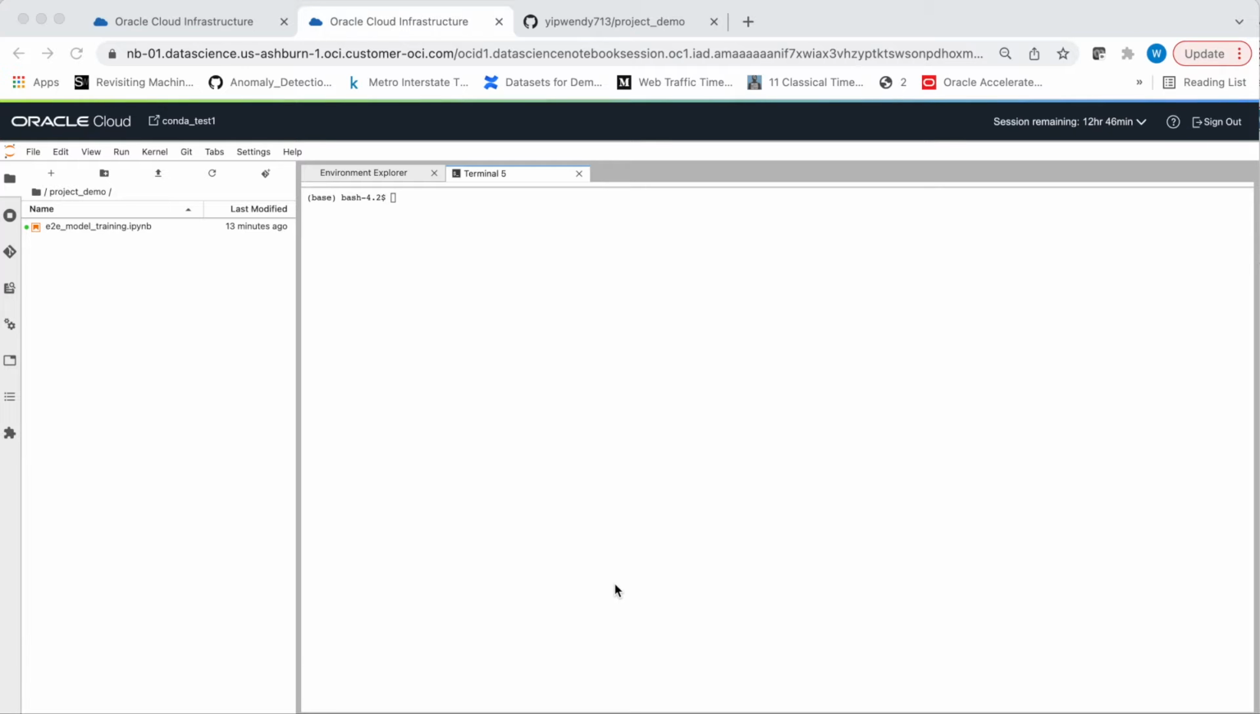I'm going to show you how to use the JupyterLab Git extension in the Data Science notebook. The Git extension is a user-friendly add-on in JupyterLab that lets you do basic Git actions with a point-and-click interface. So when you log into your notebook session,